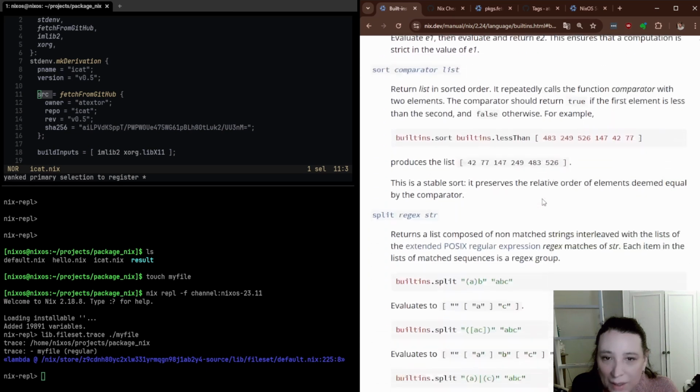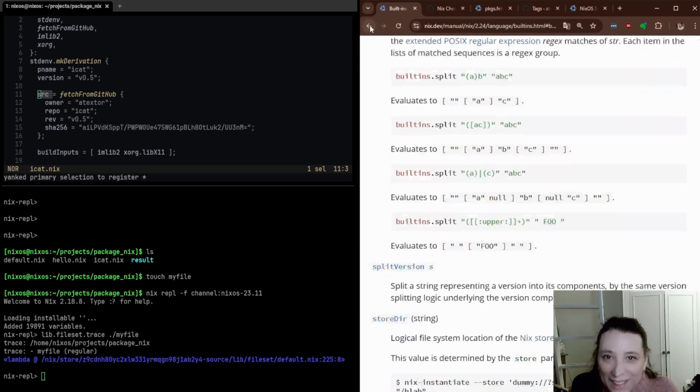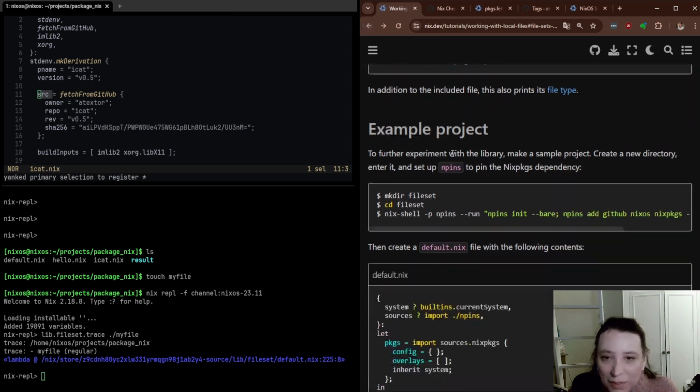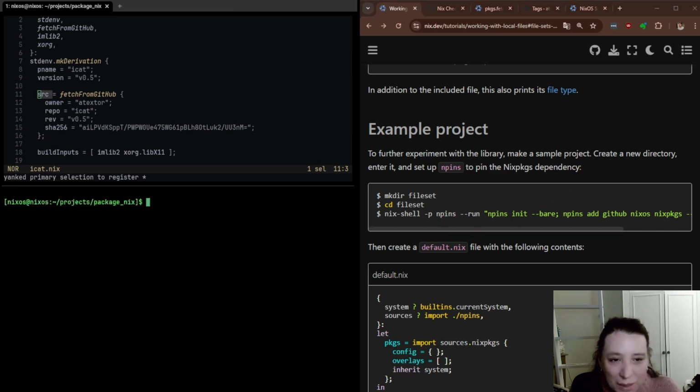Why? Where did it take me? I swear to God. Okay. Example project. To further experiment with the library, make a sample project. Create a new directory, enter it, and set up npins to pin the Nix packages dependency. What are we doing here? What is going on? So we make fileset, we go into fileset,